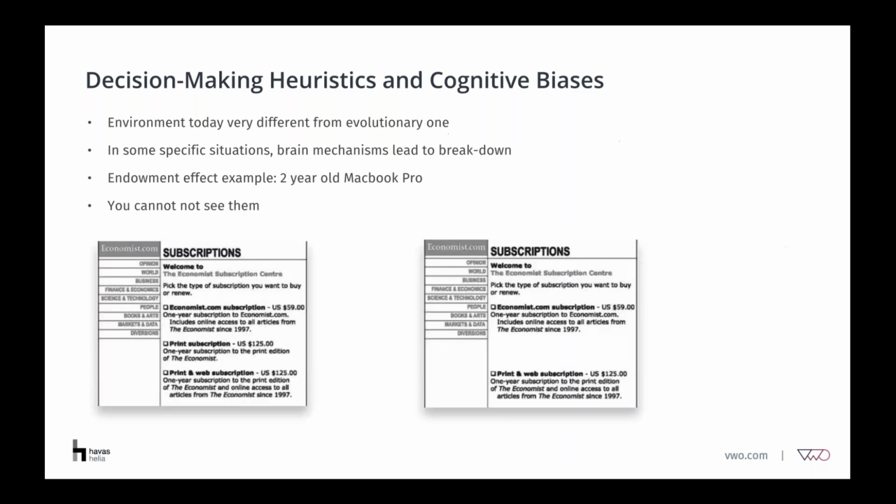It's going to work the same each and every time. And it's the same thing as well with the options from The Economist. You know the data, but if I were to show the choices on the left, you're going to want to buy the most expensive plan. If I were to show you the choices on the right, you're going to want to buy the cheapest one. And everyone does that, so it's very, very hard not to fall prey to those mechanisms.